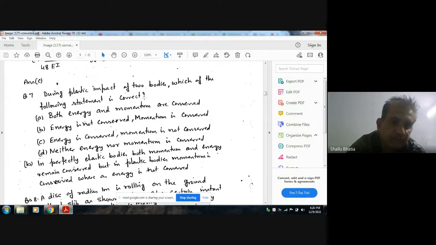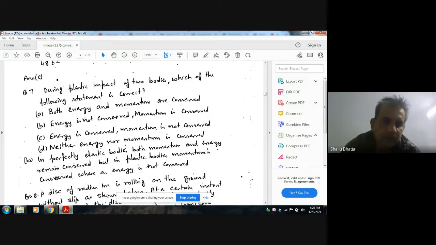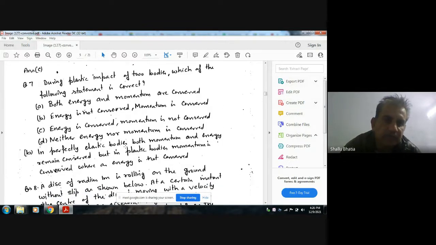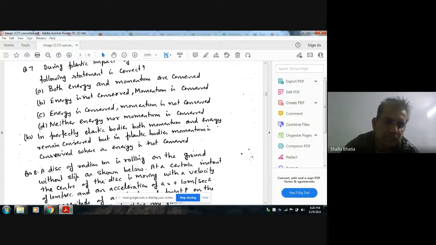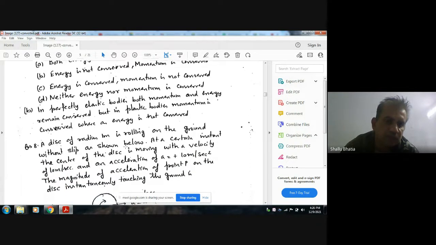During plastic impact of two bodies, which of the following statements is correct? Option A, both energy and momentum are conserved. B, energy is not conserved, momentum is conserved. C, energy is conserved, momentum is not conserved. D, neither energy nor momentum is conserved. In elastic collision, both energy and momentum remain conserved, whereas in plastic collision, some of the energy is used in plastic deformation. So energy is not conserved, but momentum remains conserved. Next,